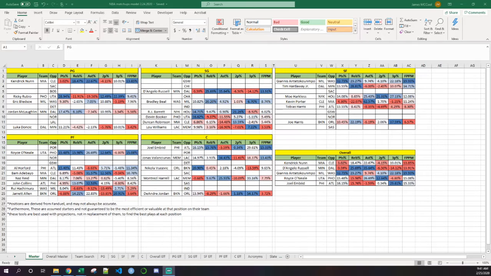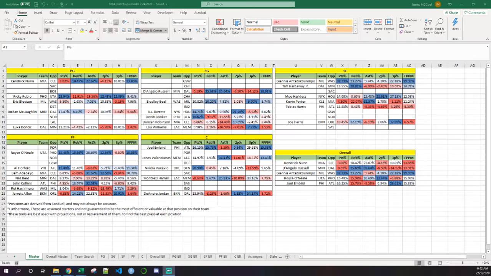Moving on to center, Joel Embiid had a career night, 49 real-life points, 14 rebounds, 3 assists, 3 steals, and 1 block. He was 56% owned. If you didn't have him, it was pretty hard to cash. And then Jonas Valanciunas did okay. He didn't do great, but it was actually Gogai Dieng that ended up doing really well for this center boost,